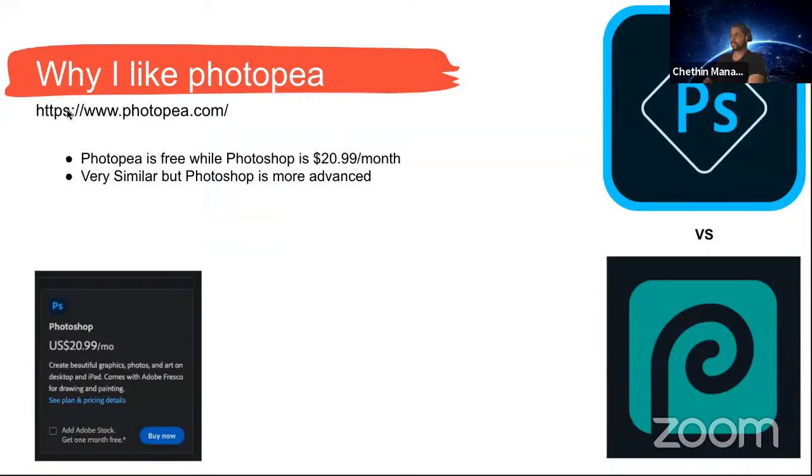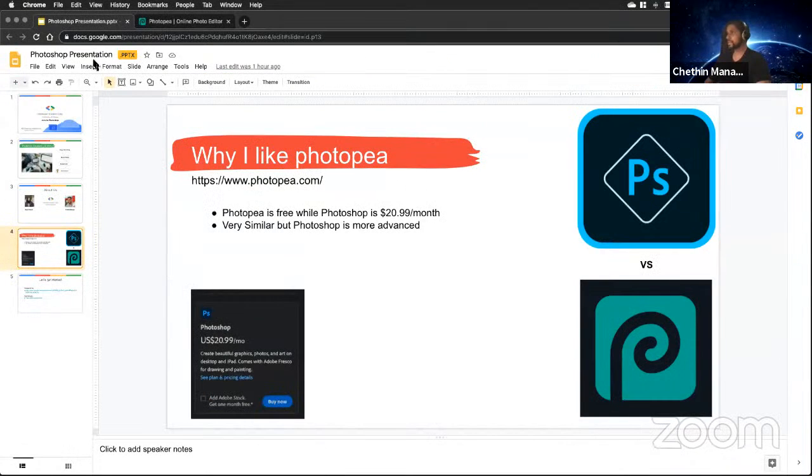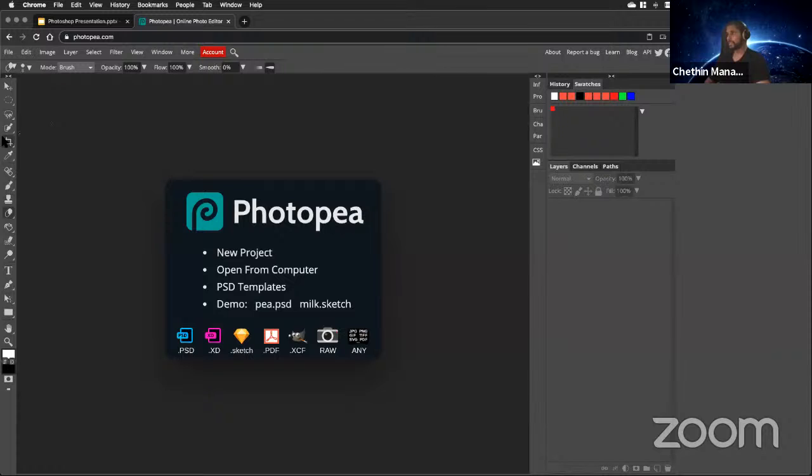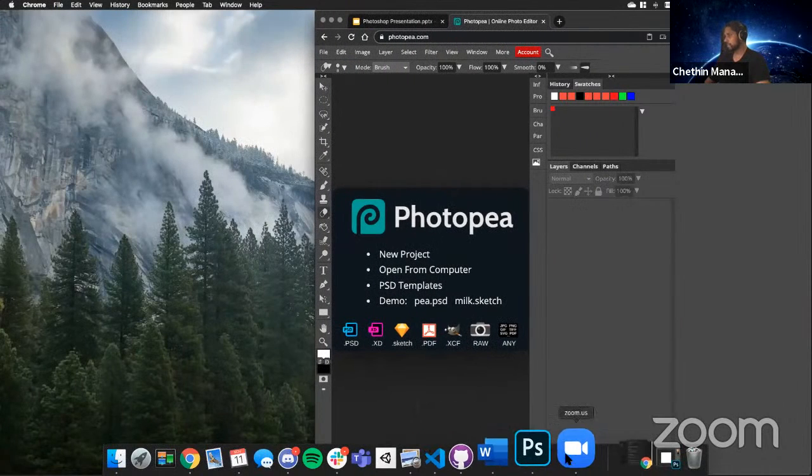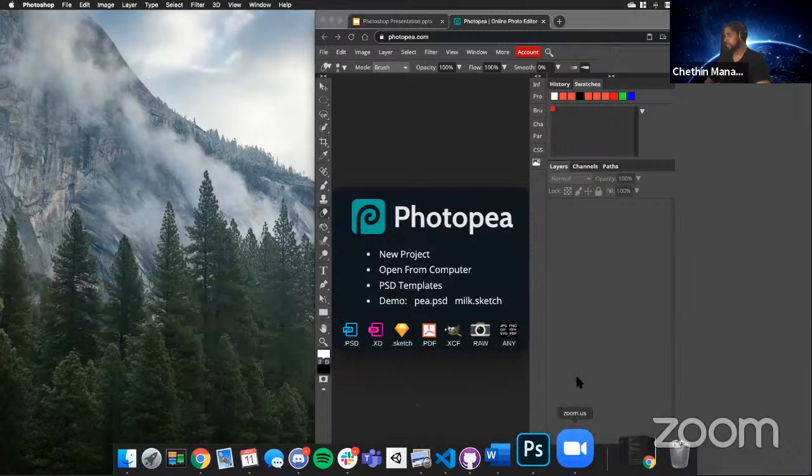So the software we're using is photopea.com, and the reason I like it is because it's cheaper than Photoshop by a lot, and it's very similar to Photoshop, but it's more advanced. So I'm going to do a side-by-side comparison. This is what Photopea looks like. And if I were to pull up Photoshop,